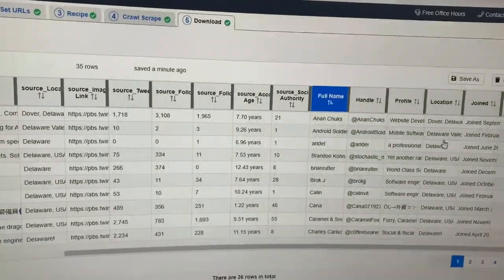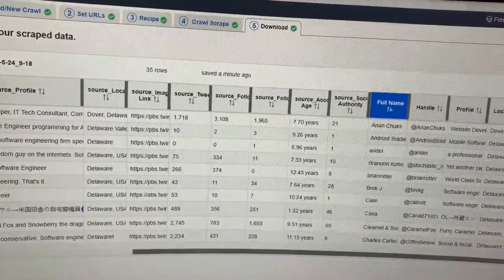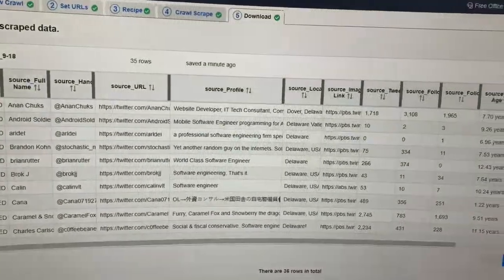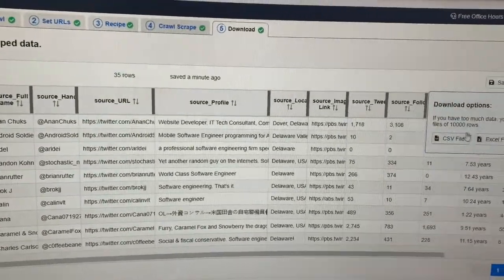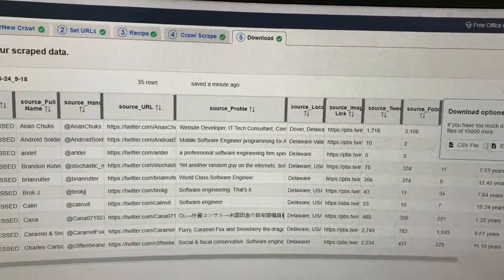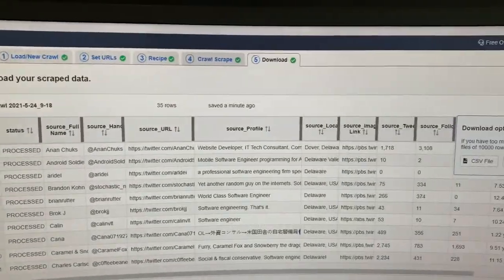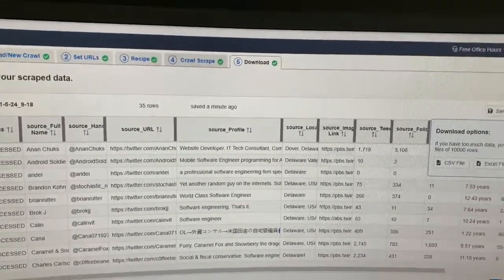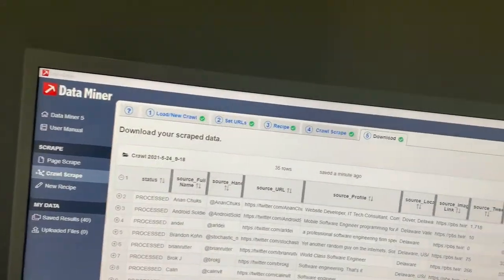Social authority, which I don't know what that means, but lots of information, lots of different columns. I can download this and then use the targeted list to reach out to people. And I was going to go over this in greater detail. Let me see if I can pull up FollowerWonk real quick